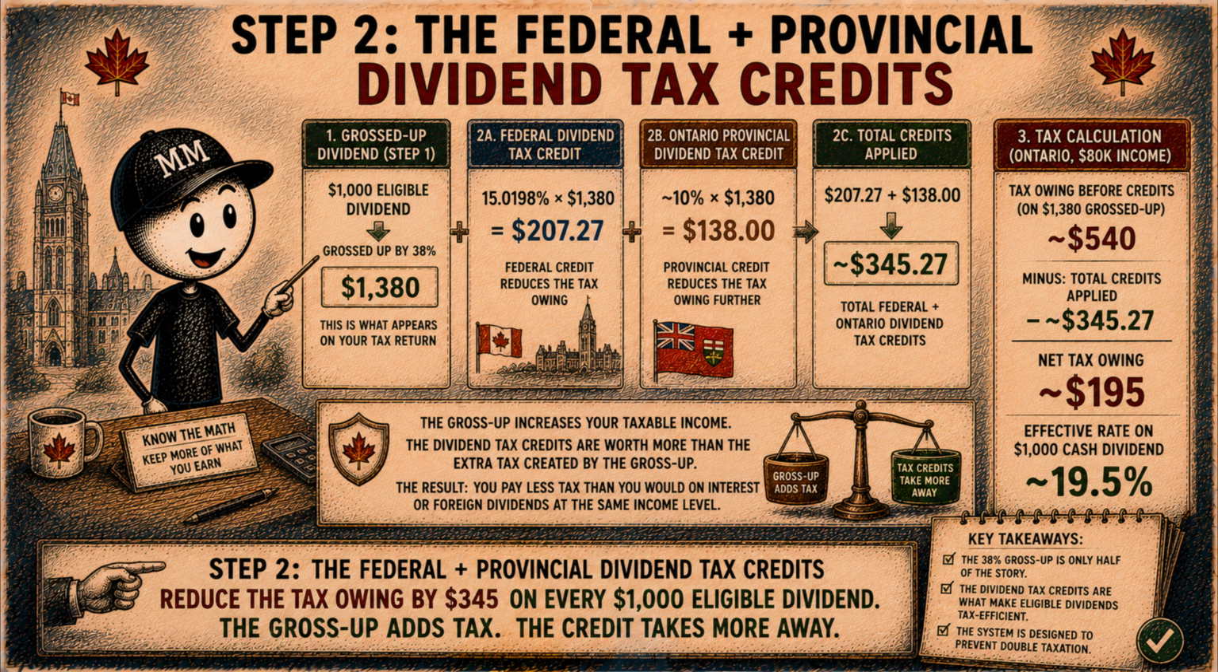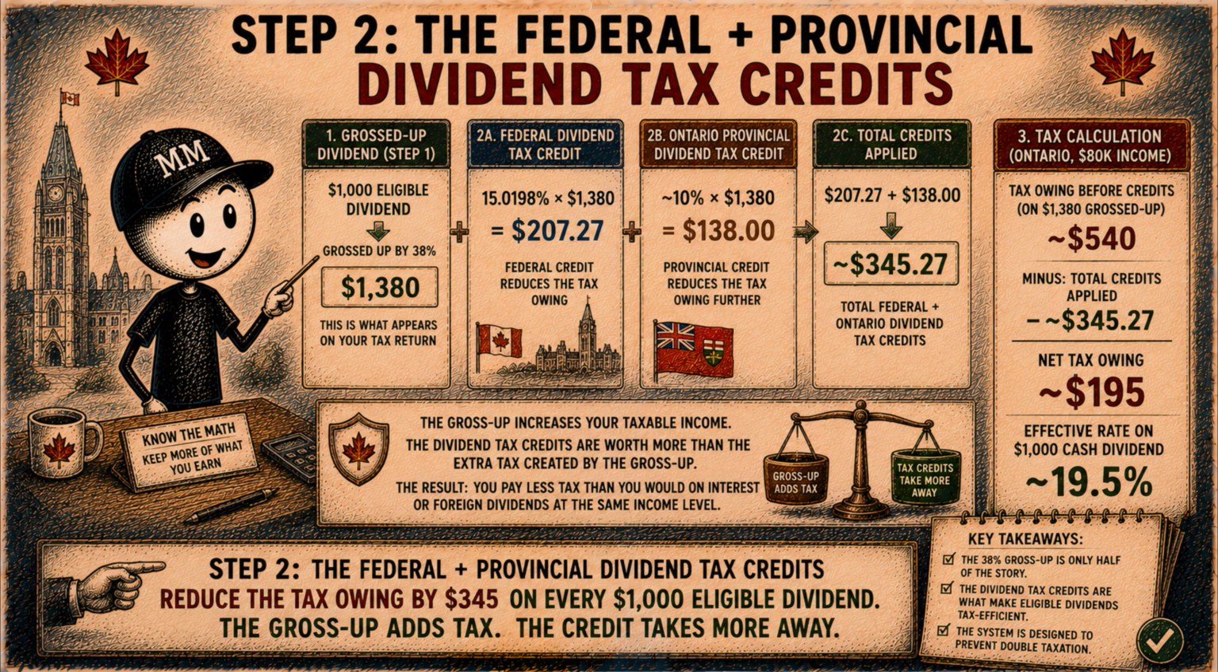Step 2. The dividend tax credit. Here is where the system corrects itself. Canada applies a dividend tax credit, both federal and provincial, that reduces the tax you owe on the grossed-up amount. The federal dividend tax credit for eligible dividends is 15.0198% of the grossed-up dividend. On a $1,000 dividend grossed up to $1,380, federal dividend tax credit, $1,380 times 15.0198% equals